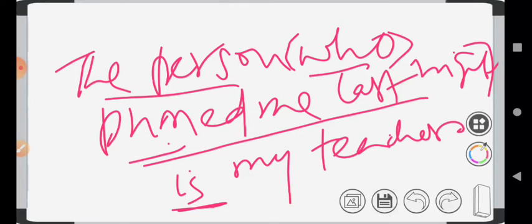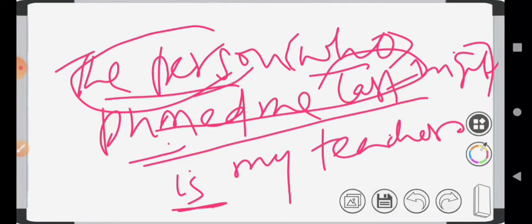In between, we insert the relative clause, a subordinate clause. It gives some essential information about the person. Person is a common noun. Who is that person? It is vague. The person who phoned me last night, that particular person. Restrictive relative clause, defining relative clause. Without this clause, we don't understand who that person is. That's why it is an essential clause.